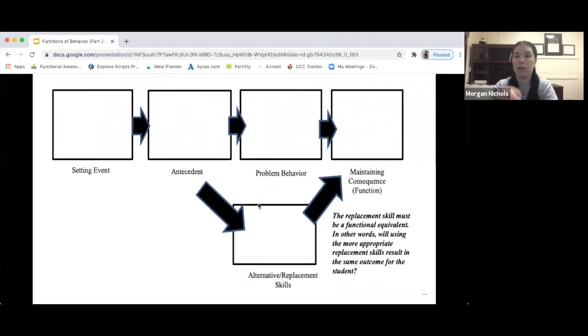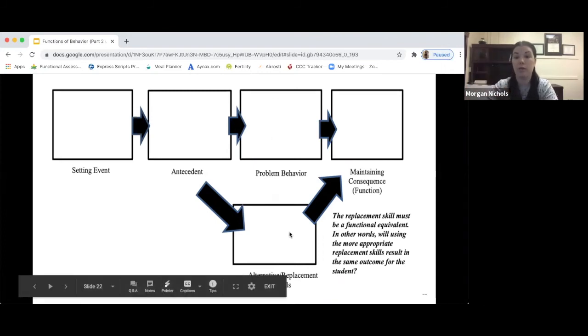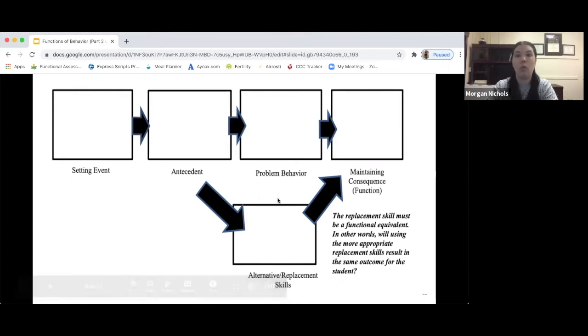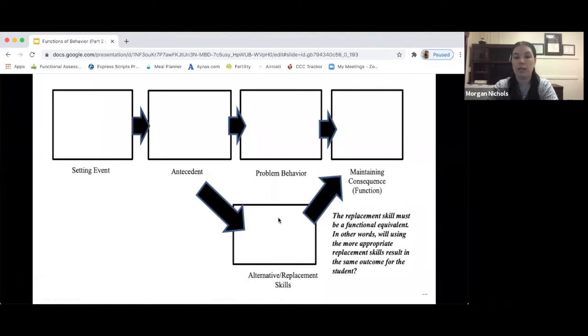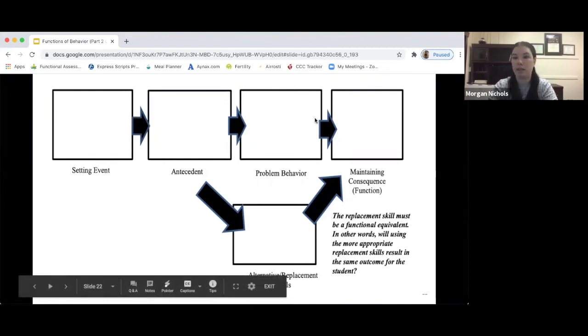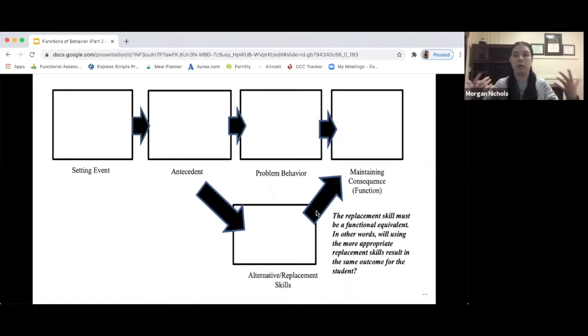We're not hitting, we're not kicking, we're not spitting, we're not running away. So we're not going to get hit by a car in the parking lot or anything like that. Instead, we're asking for a break, and we still get to escape, which is a way safer behavior, right? And once we teach kids to ask for a break, once they're reliably asking for a break rather than running away, hitting, kicking, that kind of stuff, then we can build up their tolerance. Then we can build up their perseverance. Then we can build in waiting before they take a break. And we can build in, well, you need to do a little bit of work before you take a break,